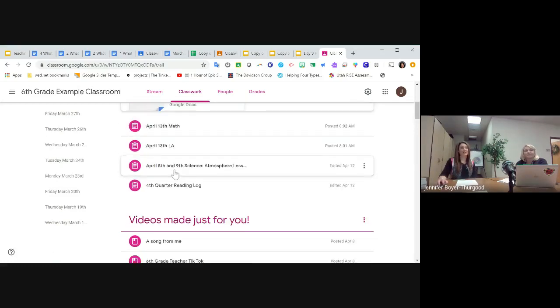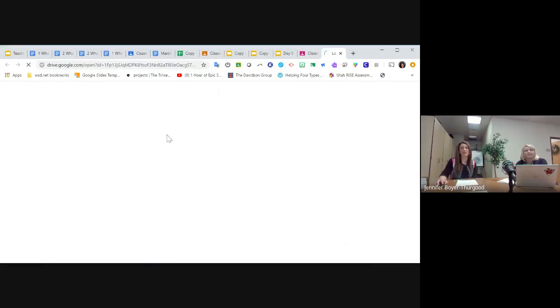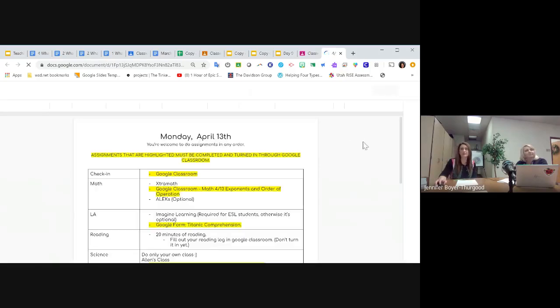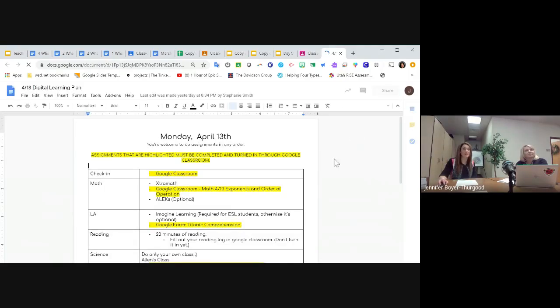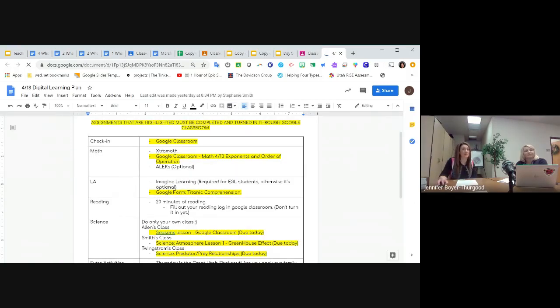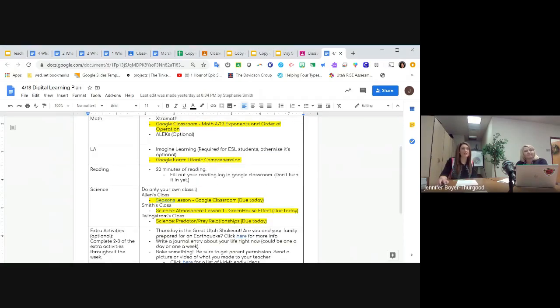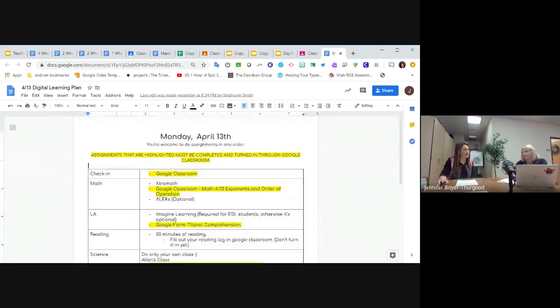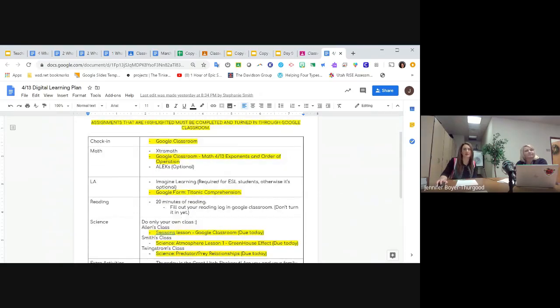Then look, she's got her lesson plan. This again, it's organized differently than Monica's is, but it's perfect. It's great. It's her spin on it. So everything in yellow is stuff they have to do. Okay, so those are the required things. So there's exponents and order of operations lesson that they've got to do. They've got a form it looks like they're filling out for language arts. Today, they've got their 20 minutes. So she wants them to do all these. The yellow just means there's something in Google Classroom that they have to fill out today that goes with that. So there's a couple of places in Google Classroom that they have to go.